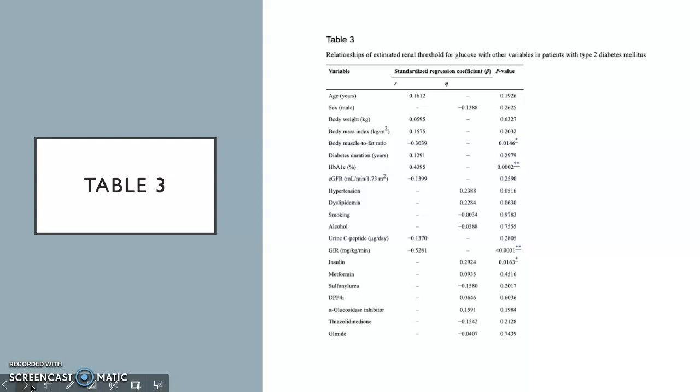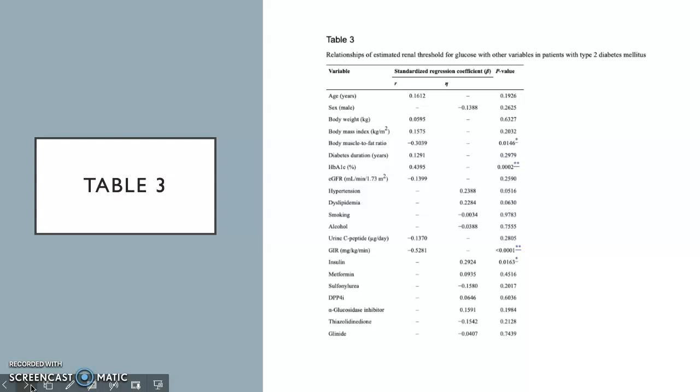As shown in this table, ERTG significantly negatively correlated with GIR and body to muscle fat ratio, and positively correlated with HbA1c and prevalence of insulin use. There were weak and non-significant relationships of ERTG with